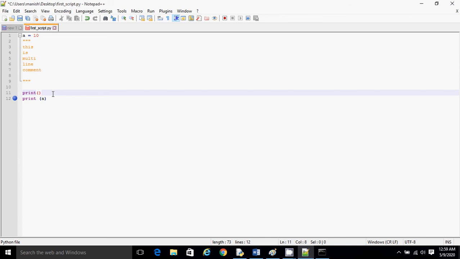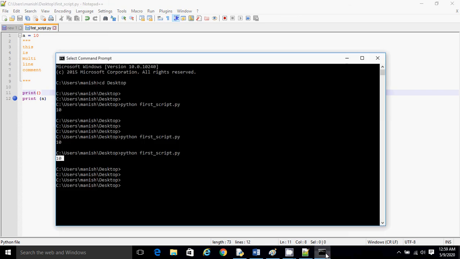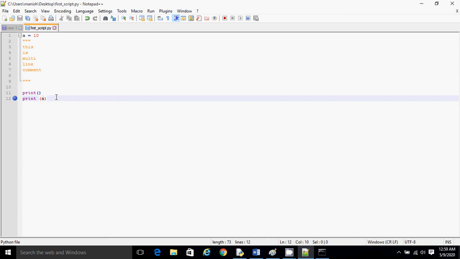It will just skip one line. So let's see how it is. Just after the script, 10 has been printed, but now we have given one empty print statement. So one new line has been inserted, meaning one line has been skipped, then it got printed. So this is one thing.